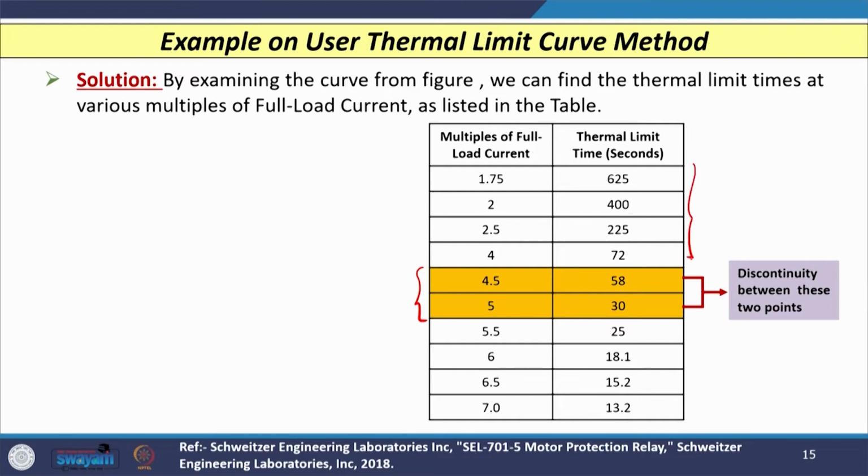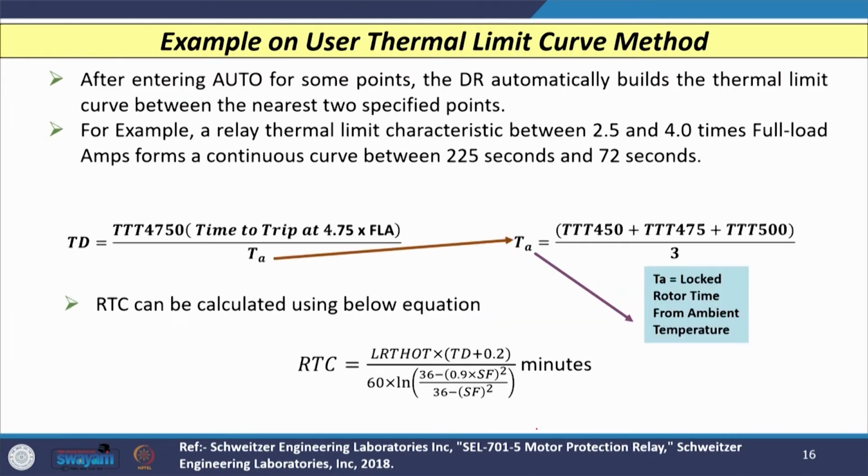Other points are easily available. So, for respective value of multiple of full load current, you can have the thermal time in seconds for each of these values. So, these are available, right. Now, after entering auto for some points, the digital relay will automatically build the thermal limit curve between the two